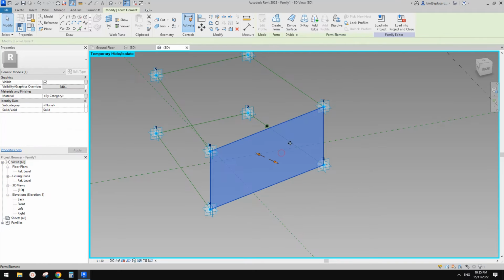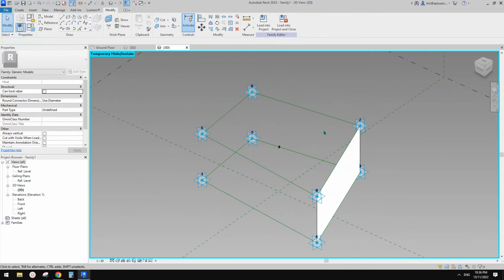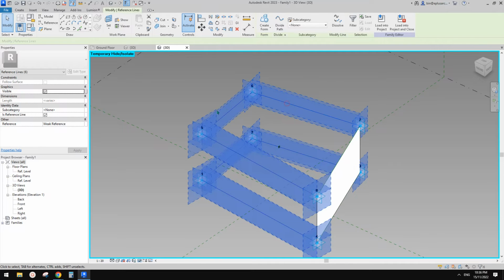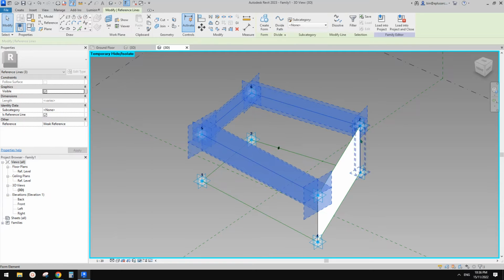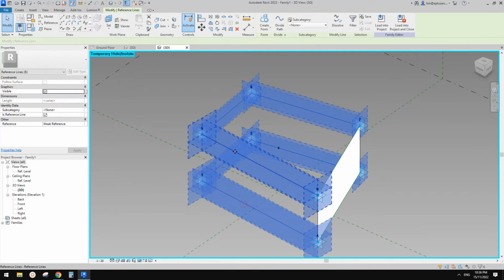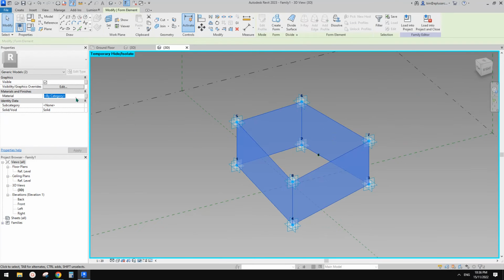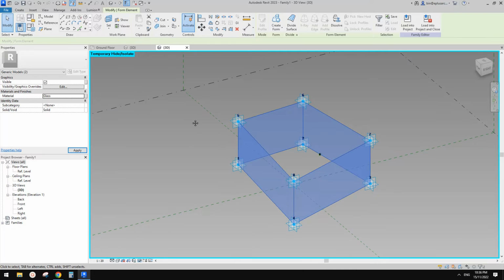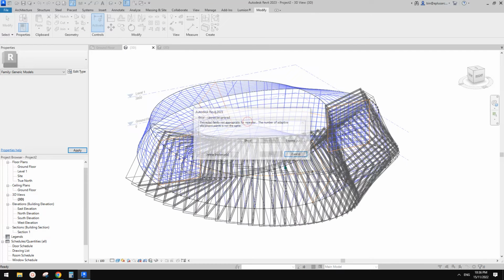So now we have a surface. We don't need to do this for these 3 because we can directly select these 2. So this one, so 1, 2, 3, not this one, and 1, 2, 3. This will create a 3 surface for us, and then we can just give it a material. That's it. So we have a frame, have glazing, load this back, and we need to place them again